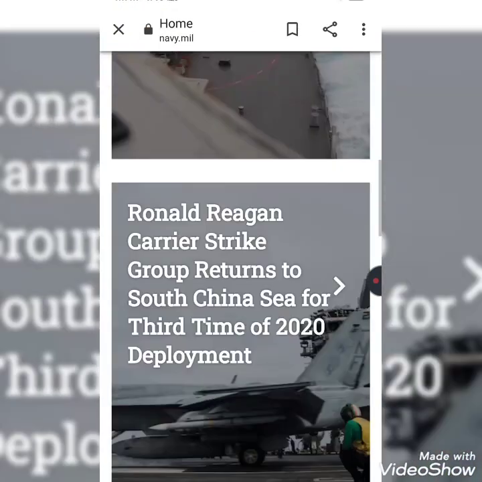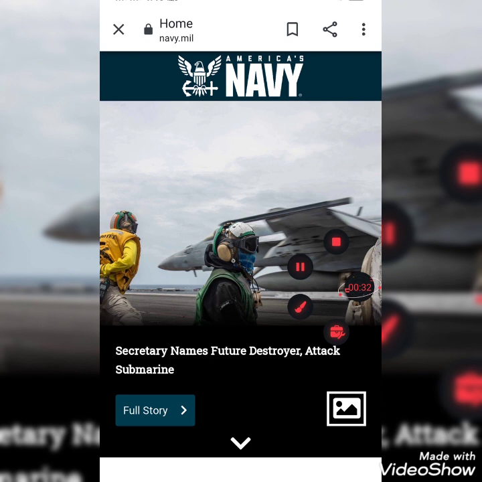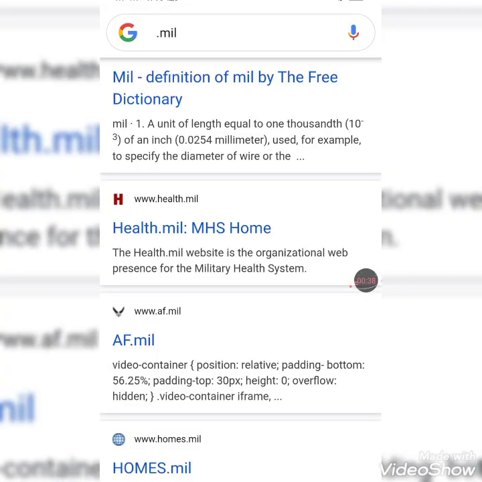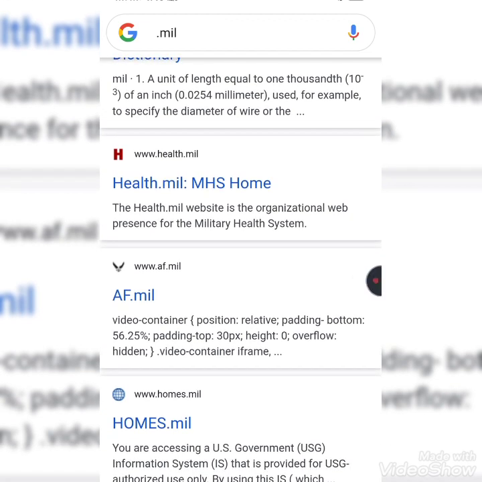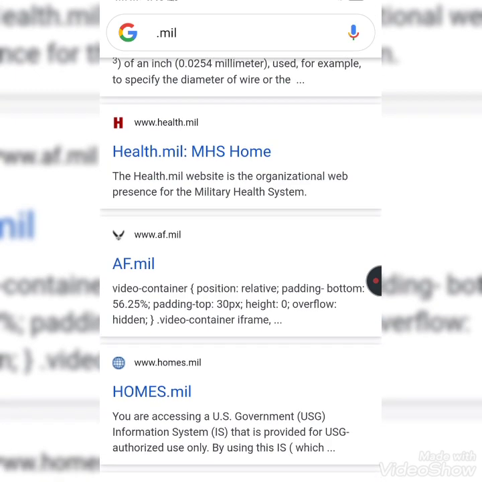Okay, so this is how these mil domain names are associated with the military force in America. And you can see many more examples of .mil, like health.mil, MHS home. The health.mil website is the organizational web presence for the Military Health System of the US.